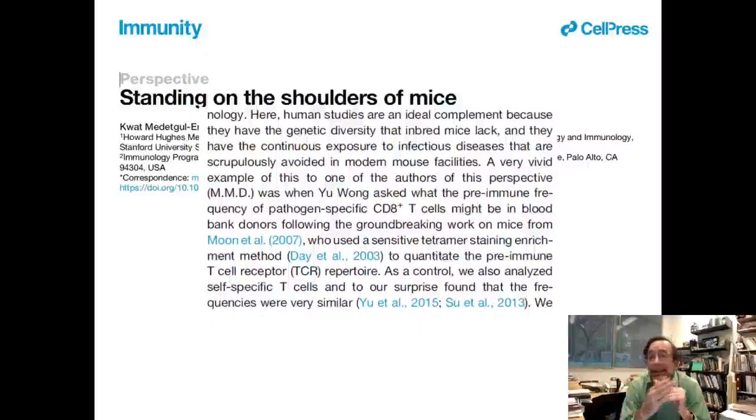They allowed us to see T cells we couldn't see before. But they were quantifying. That allowed us to quantitate for the first time how many T cells do you have? And they were asking, what is the immune frequency before you're infected by something? So they took a control and they analyzed for self-specific T cells, and they found, to their surprise, that the self-specific T cells were present and were very frequently found. You found a bunch of self-specific T cells, and then you found pathogen-specific T cells as well. And so this is like you're finding T cells that react to everything.